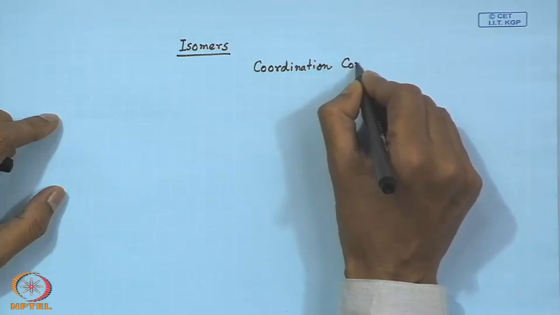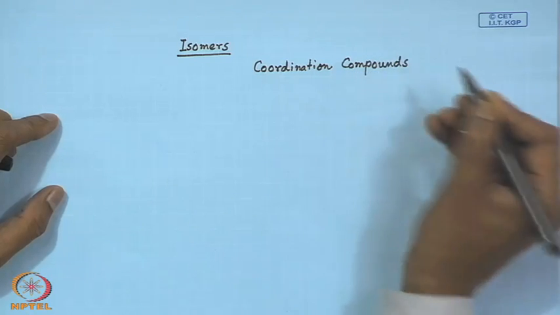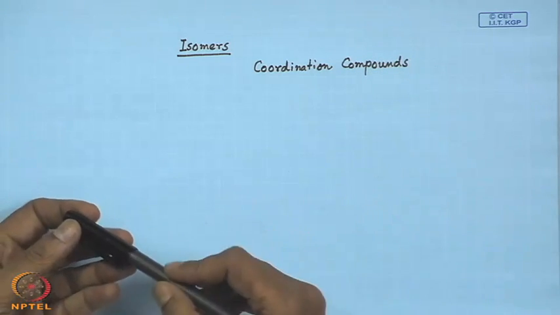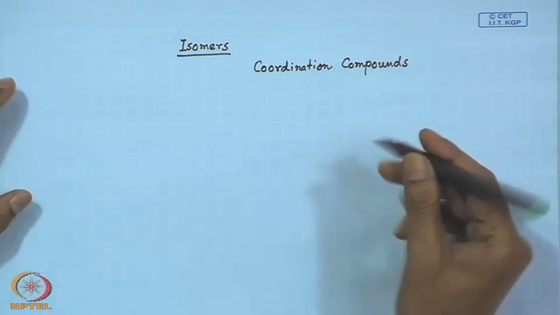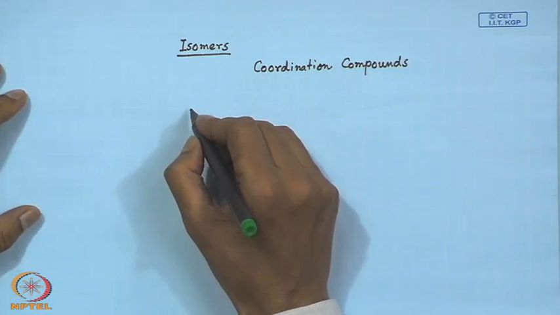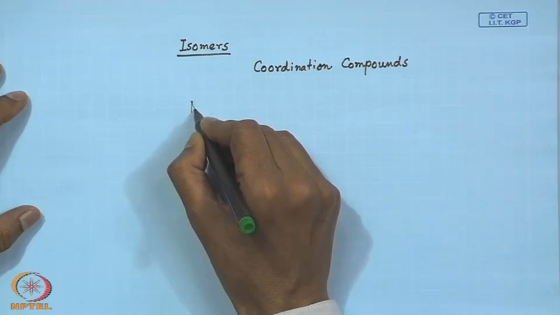So, we can have different types of coordination compounds, and we all know now that the central part of a particular complex is the